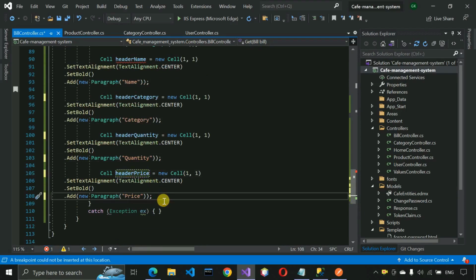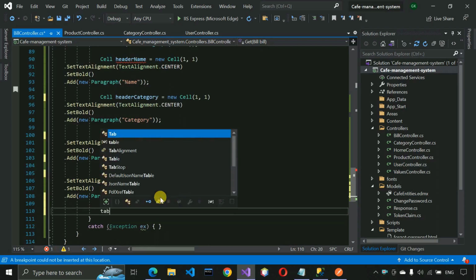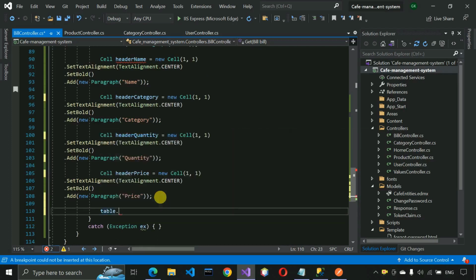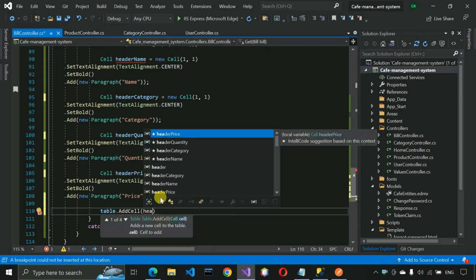Then you can see the error has been removed. Now we have to write the code. So table dot add cell, and here we have to write header name,